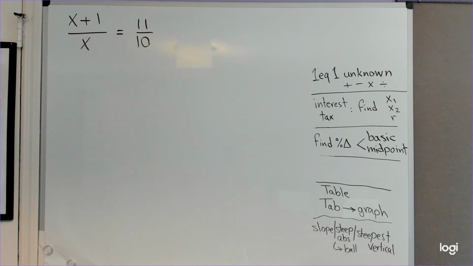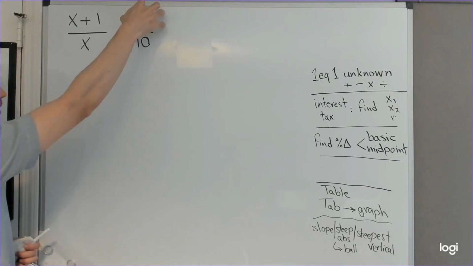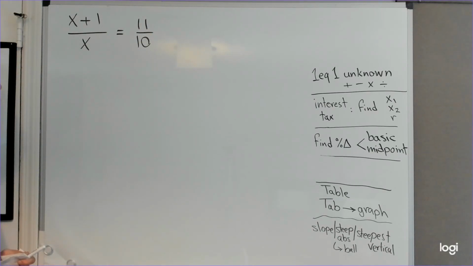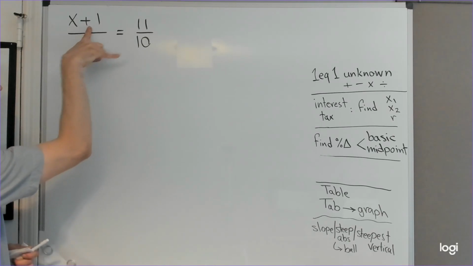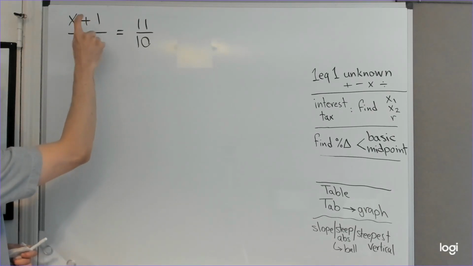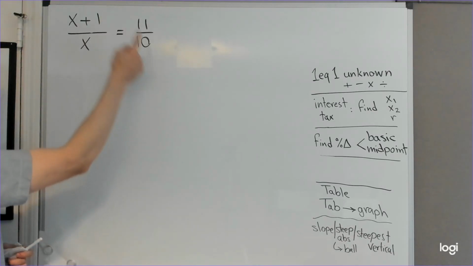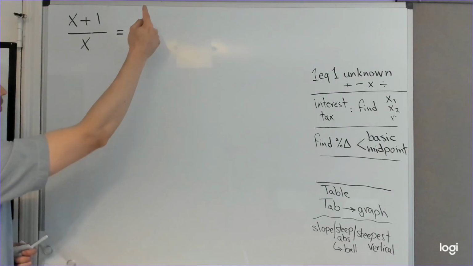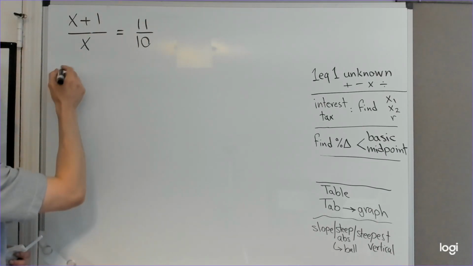Now we have something that might look a little more complicated. You can't just subtract numbers to make them disappear from the left-hand side. Every time you have something over something equals something else over the other, this can be simplified to this times this, or the numerator, the top part here times the bottom here, equals the top part on the right times the bottom here, which means x plus 1 times 10